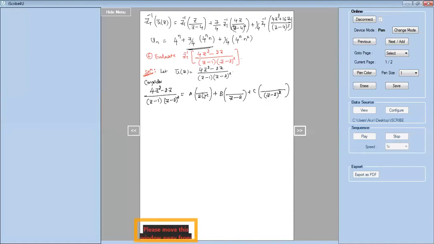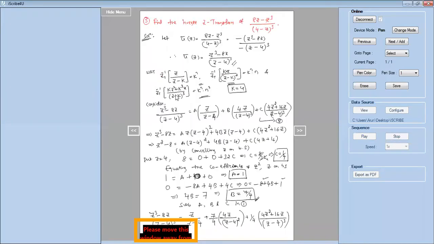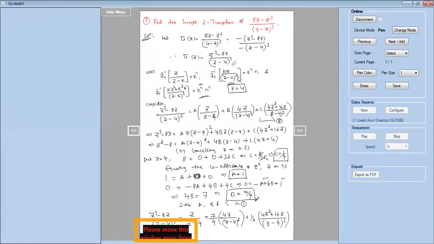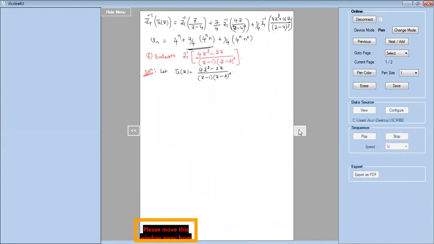But the extra thing I am doing is, in the numerator, I'll leave some space for introducing certain variables. So here, this is like z − 1, means it is like z − k. And if I have z − k in the denominator, I should have z in the numerator to apply the formula. So I will write z in the numerator of this. Same thing for the second also, z − k is 2 here, so the numerator should be z. But for the third term, (z − 2)², in the denominator you have a square, and in the numerator you should have kz. So I'll write kz for the last term.